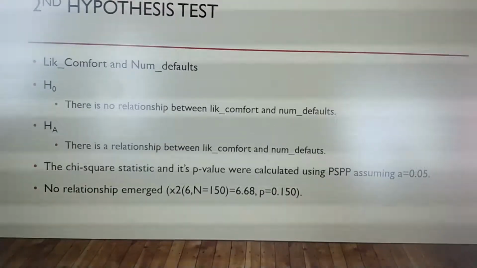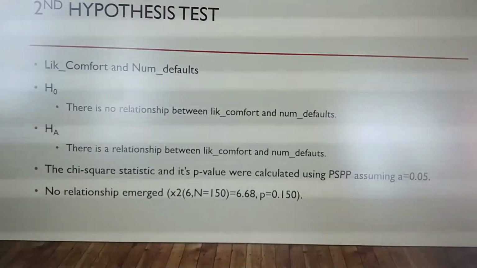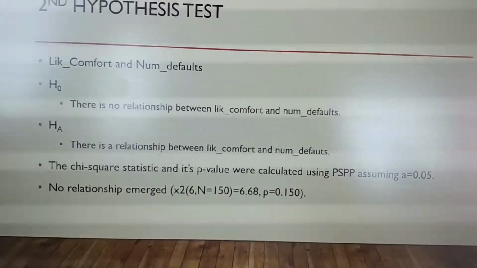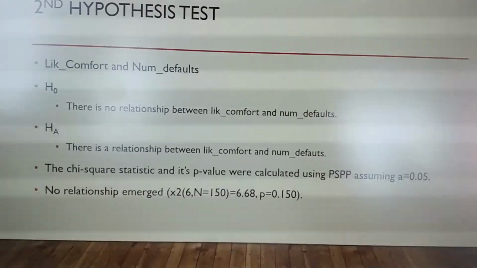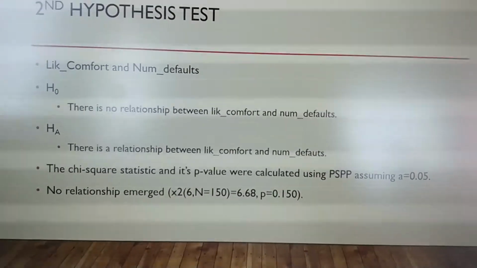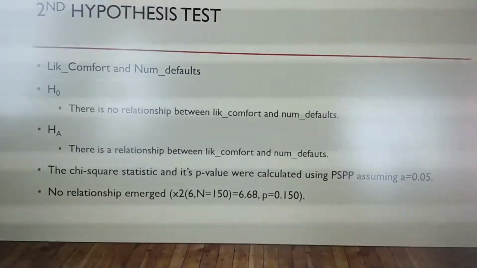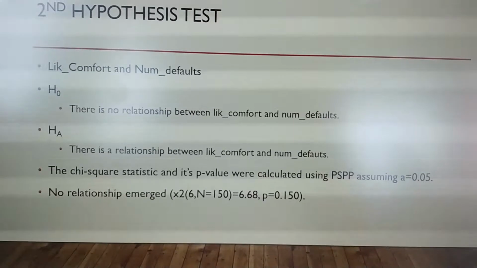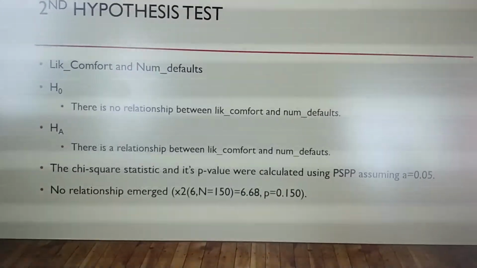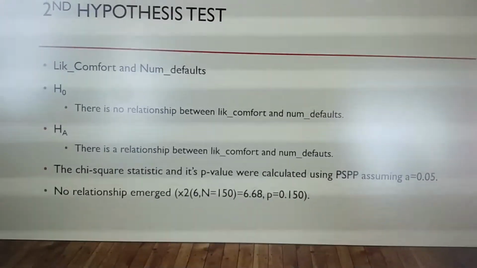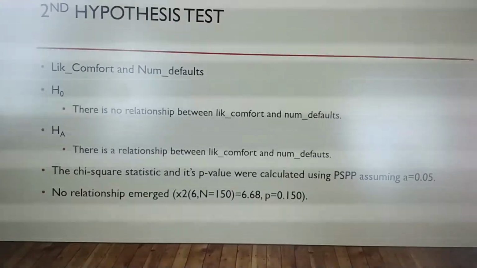There is no relationship, which is chi-square(6, N = 150) = 6.6068, excuse me, p =